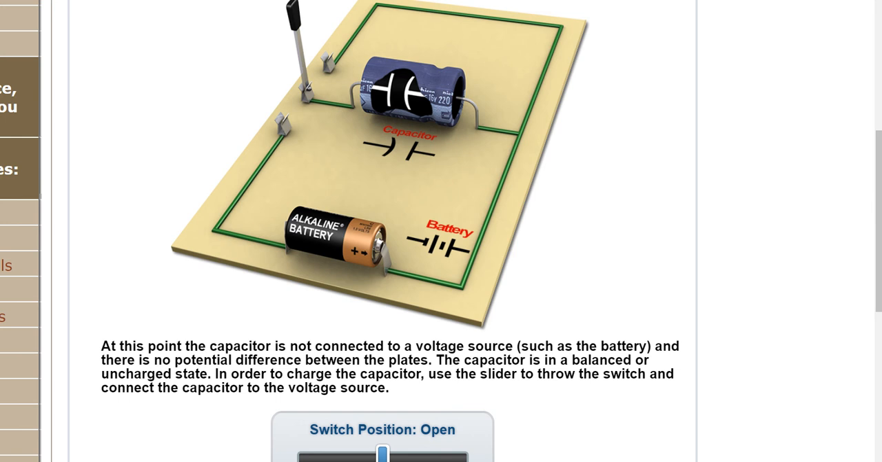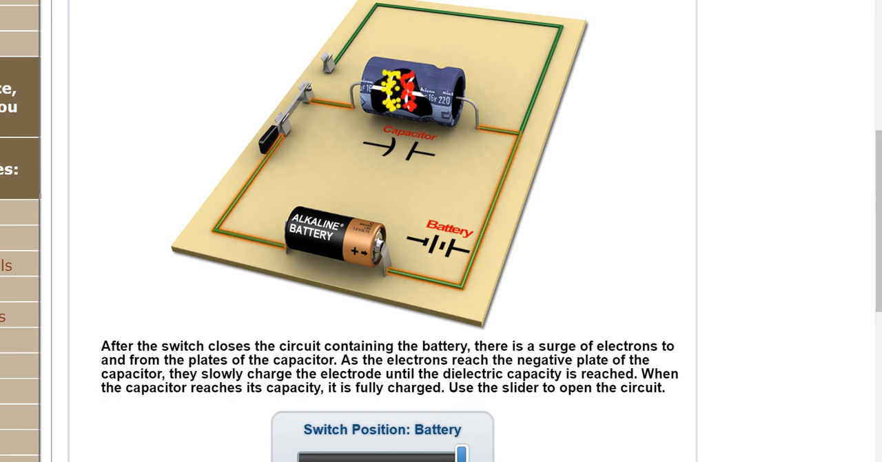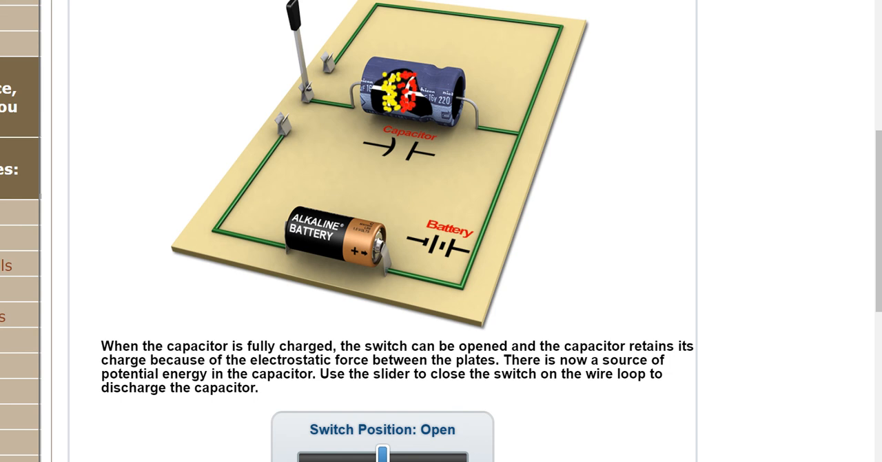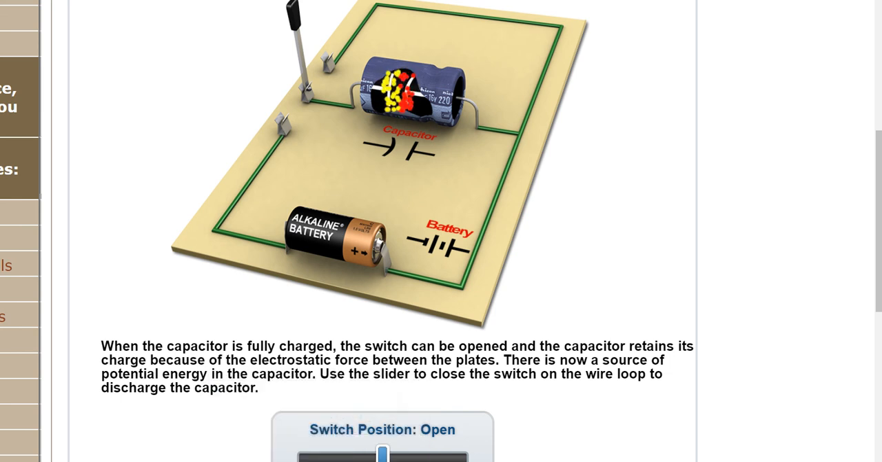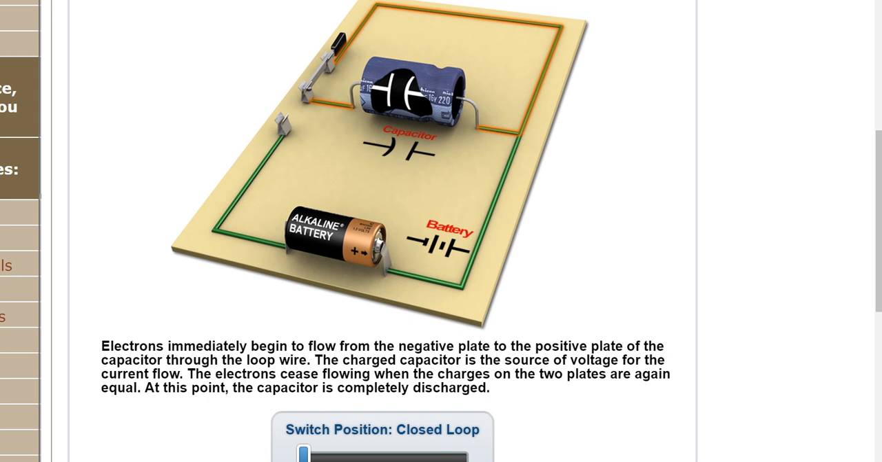Here I'm charging my capacitor. Now my capacitor is fully charged, and it'll remain fully charged until I provide a path for those electrons to travel back to their original plate. The big key thing to remember here is that the capacitor will remain charged until it has that path to travel through. And typically, when we use capacitors in electric circuits, that path that you use to discharge the capacitor